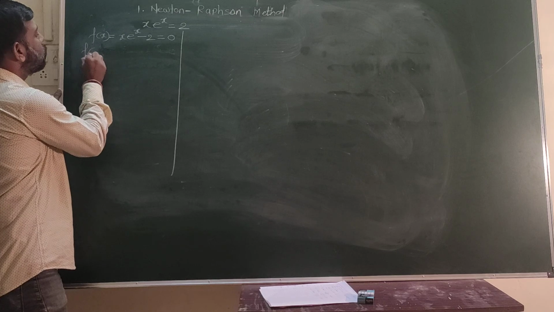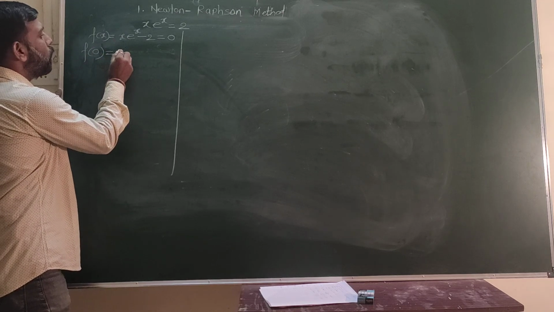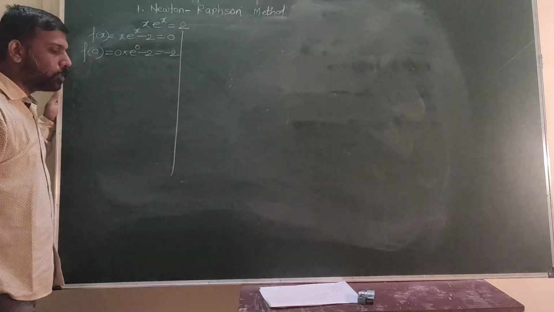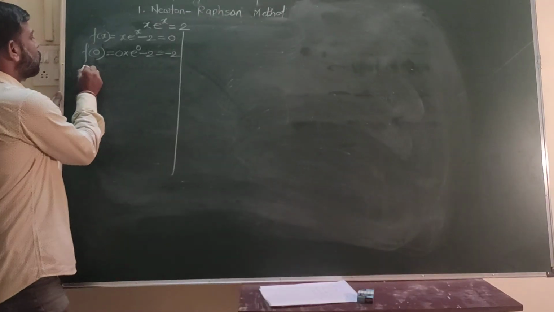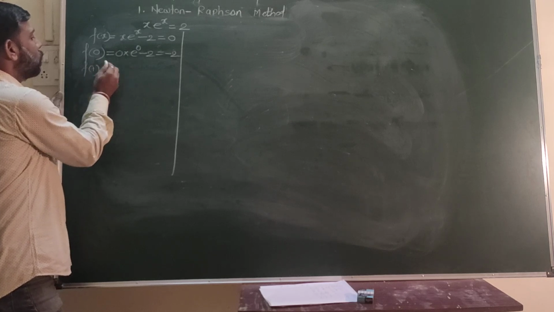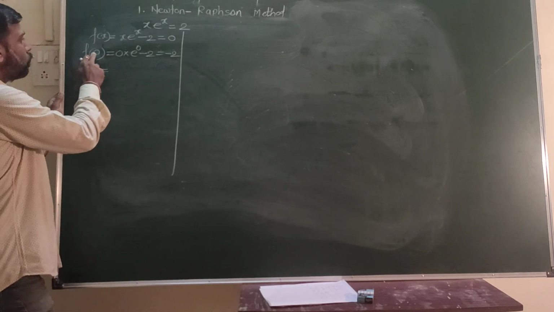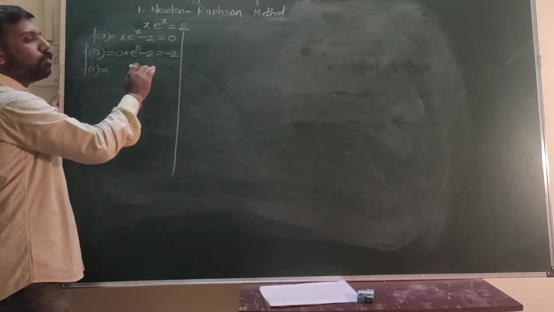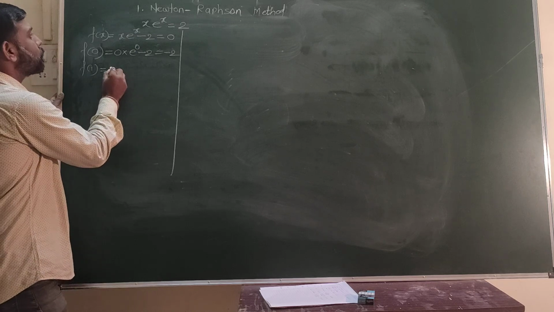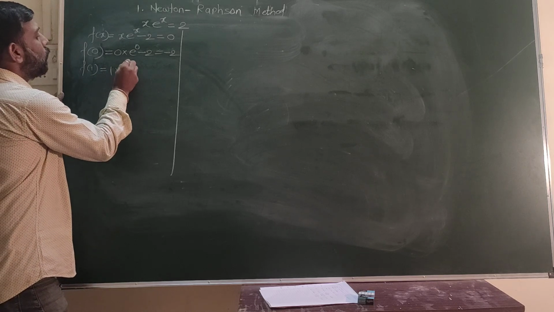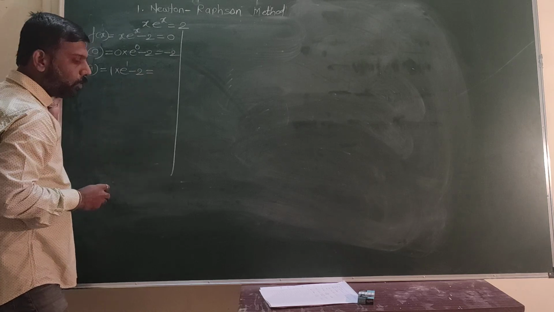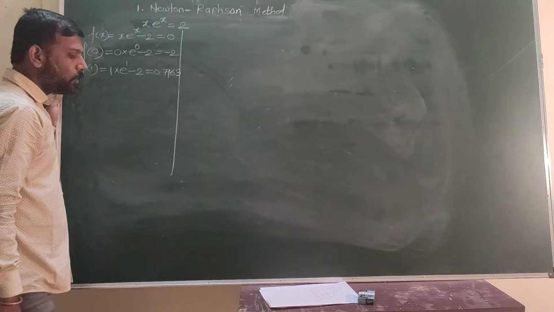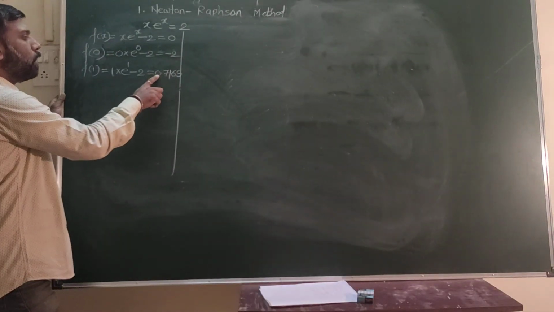Starting with the first value, substitute here f of 0 in this polynomial. Calculate this. So the first value is minus 2. Next, substitute 1. We'll continue this procedure, f of 0, 1, 2, 3, 4, till we get an output of opposite sign. For 1, it is 1 e raised to 1 minus 2, and that value is 0.7163. We got the first value negative, the second value positive.